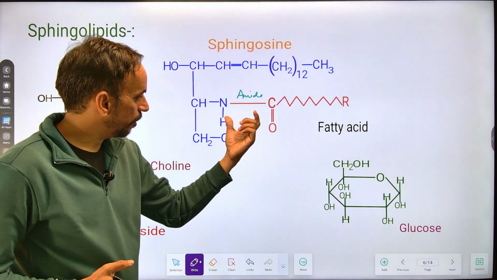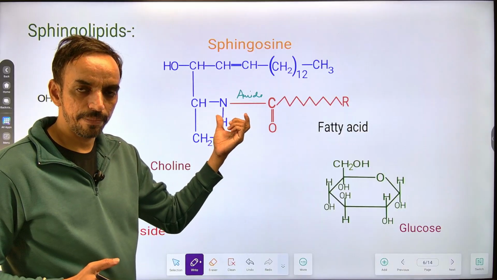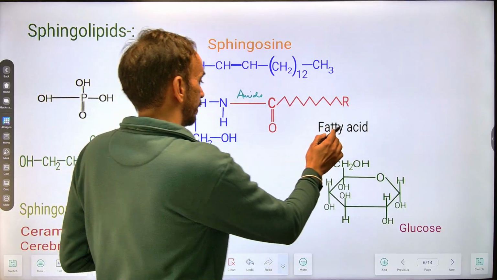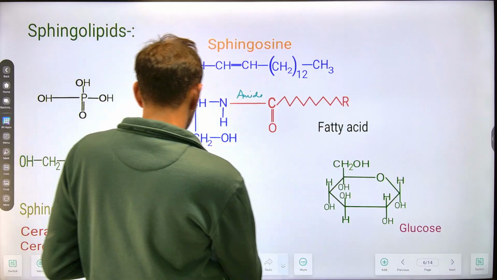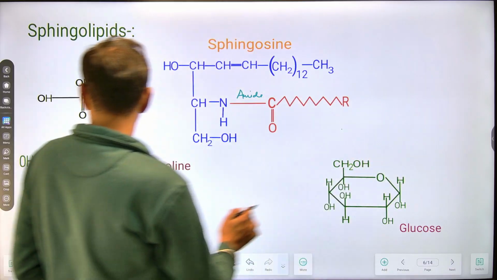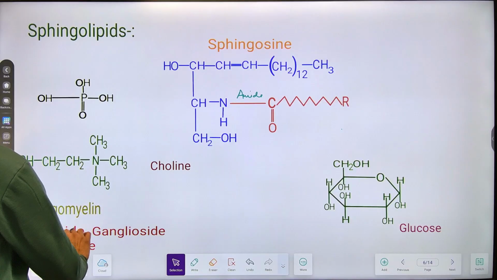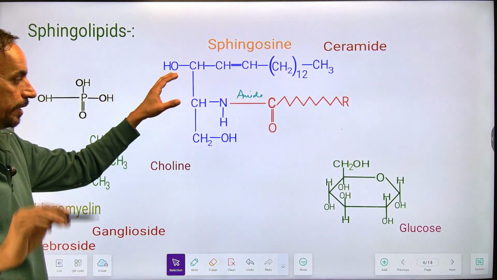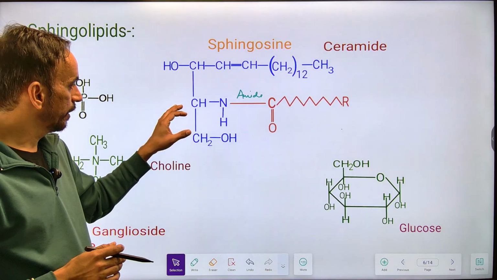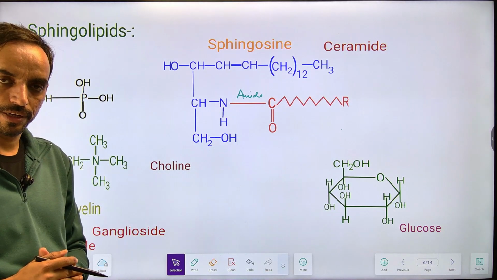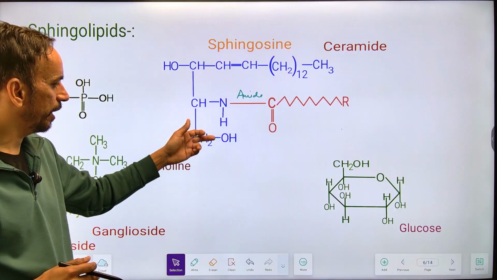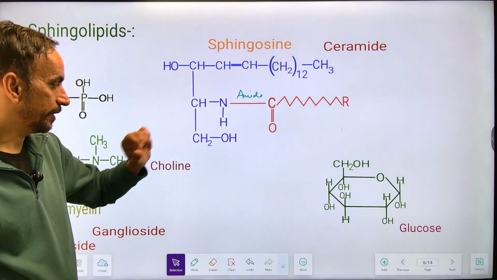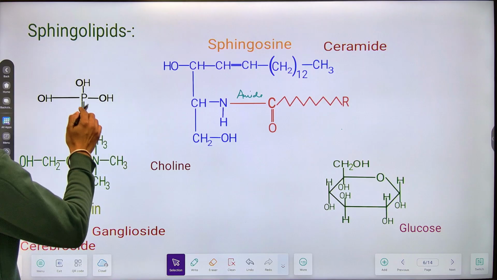सो इफ देयर इज ए एडिशन ऑफ फैटी एसिड थ्रू ए अमाइड बॉन्ड onto this sphingosine, then the structure is known as the ceramide. इस स्ट्रक्चर को आप कहते हो सीरेमाइड. जो ये स्ट्रक्चर बना है अभी इसे कहेंगे सीरेमाइड. सेकेंड पोजीशन पे अपने पास में क्या है, अमाइड बॉन्ड के थ्रू फैटी एसिड है, एंड वी आर हैविंग 2 हाइड्रोक्सिल ग्रुप. On this ceramide structure, if there is a addition of a phosphate,